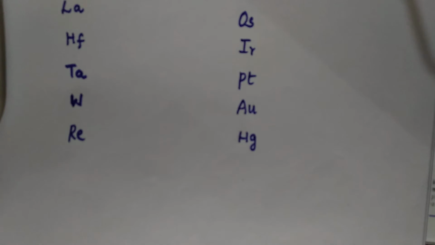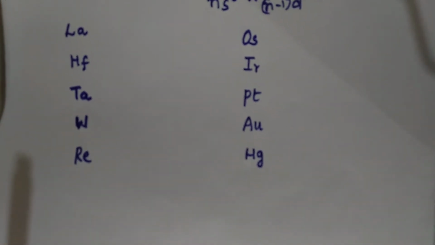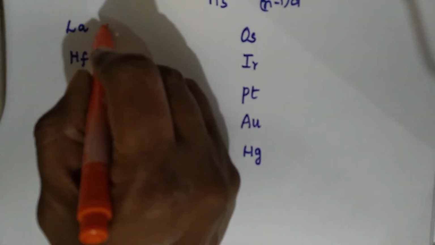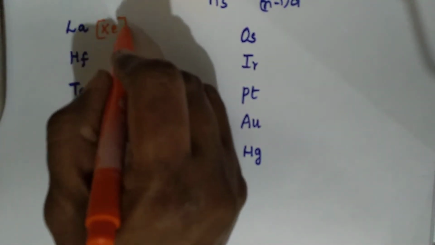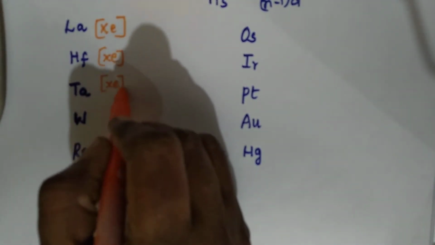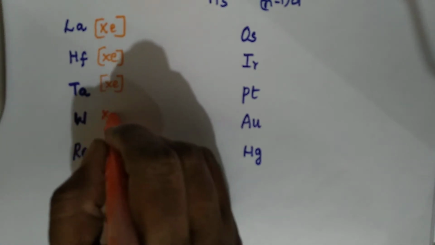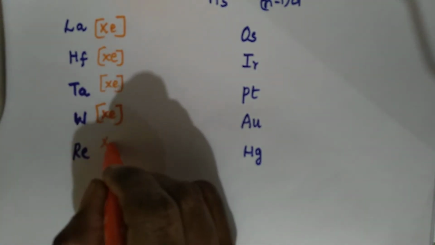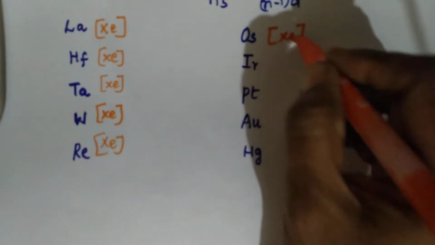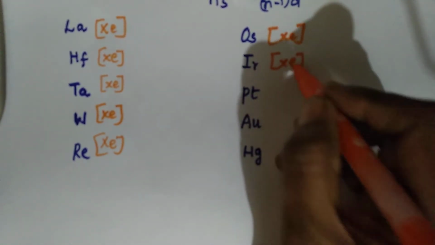Now, in the same way, we are going to start with the next noble gas configuration. After krypton, it is xenon. Yes, xenon. So you can write it down with xenon over here in all the elements. Write down for all the elements with the xenon configuration. First goes with xenon, then we will have the outermost shell.